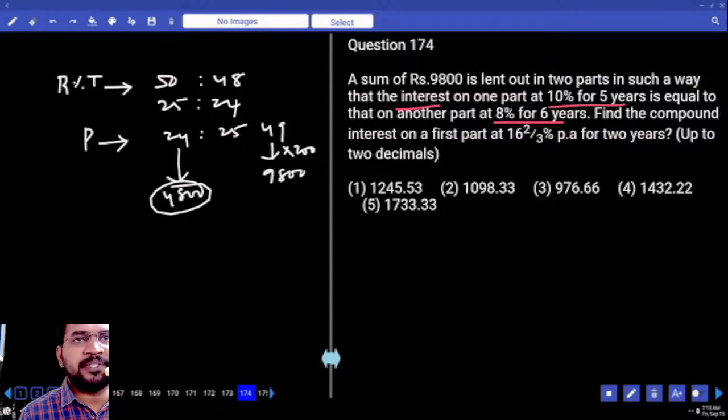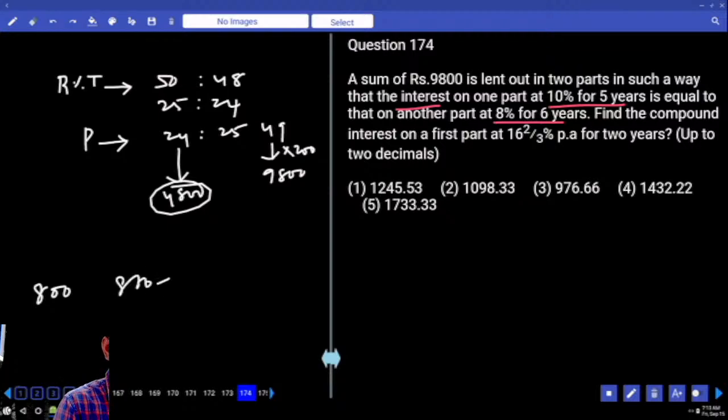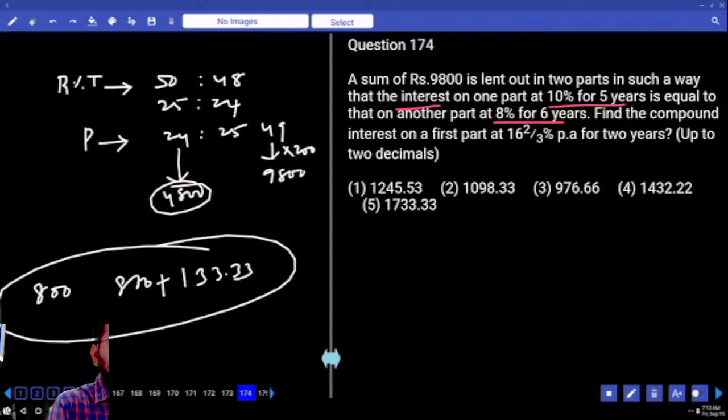And 16 2/3% is nothing but 1 by 6. So 1 by 6 of 4,800. 1 by 6 of 4,800 is how much? 800. First year interest is 800. Second year interest is nothing but 800 plus 1 by 6 of 800. 1 by 6 of 800 is 800 by 6, that is 400 by 3, that is 133.33. Yes or not? So 1600 plus 133.33